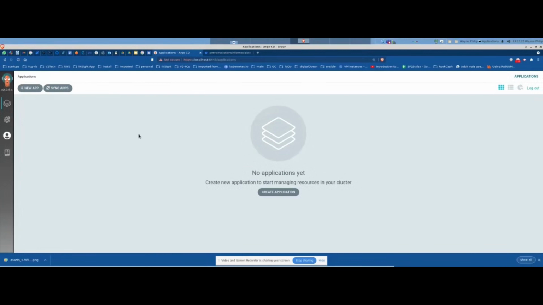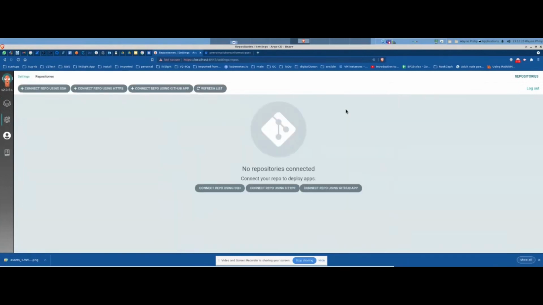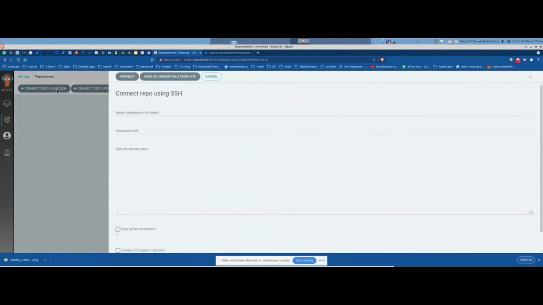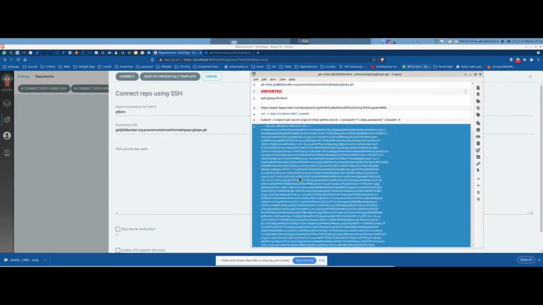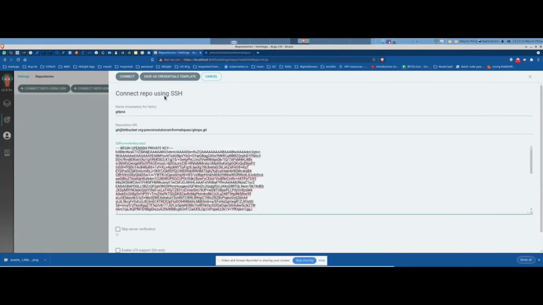Now I'm going to create a new repository for our continuous deployment. It is an SSH type repository. This is called our GitOps. I will paste in the URL for this and assign the private key, as we note here, which is this one here, and I will assign that private key here. As I make the connection,